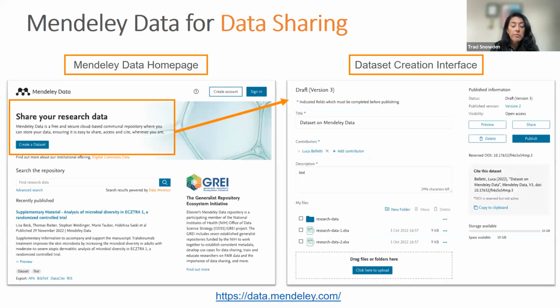So, next up, I'd like to give you an example. Most of the repositories that I've seen have a similar interface, but not all interfaces are exactly alike. They do share quite a bit in common. So I'm highlighting Mendeley Data today because obviously that's the repository with which I am most familiar. But please do note that you can create free accounts on any or all of the repositories to test them out. I do believe that many of them you can sign in with your ORCID ID or some other identifier.